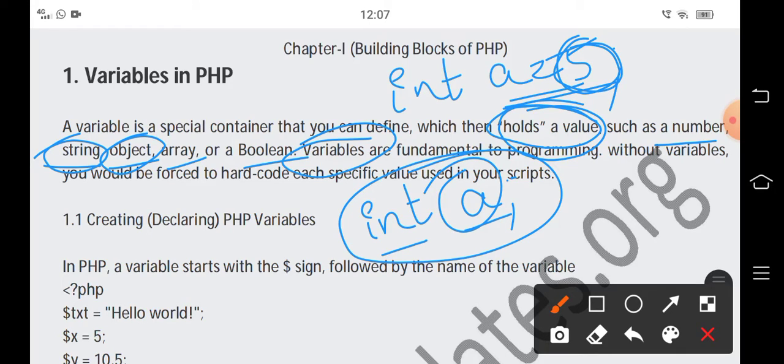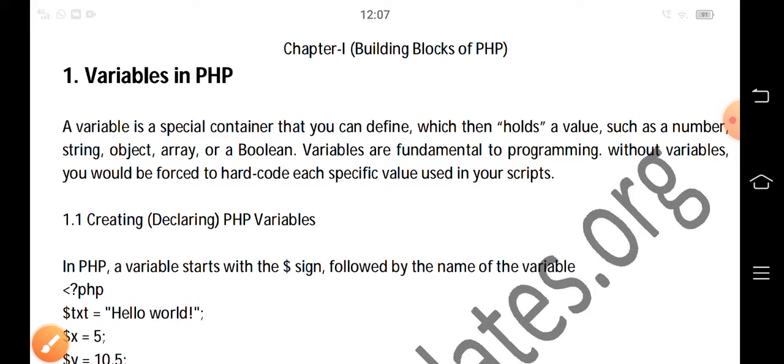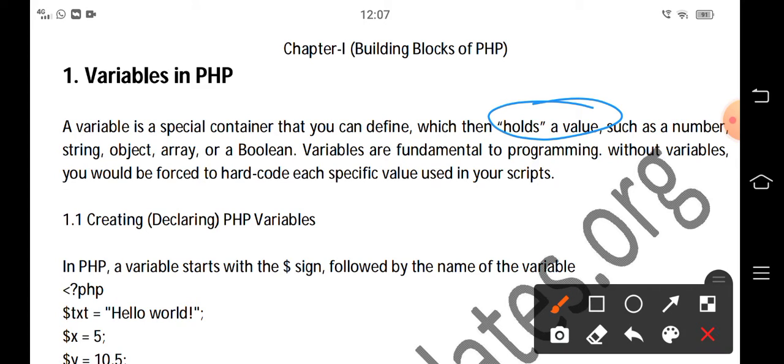Coming to array, an array is a collection of data items under a single name. Boolean means the value may be either true or false. So a variable is a container which holds a value, and that value may be anything like numbers, strings, objects, arrays, or booleans. Without variables we cannot write the coding part easily.